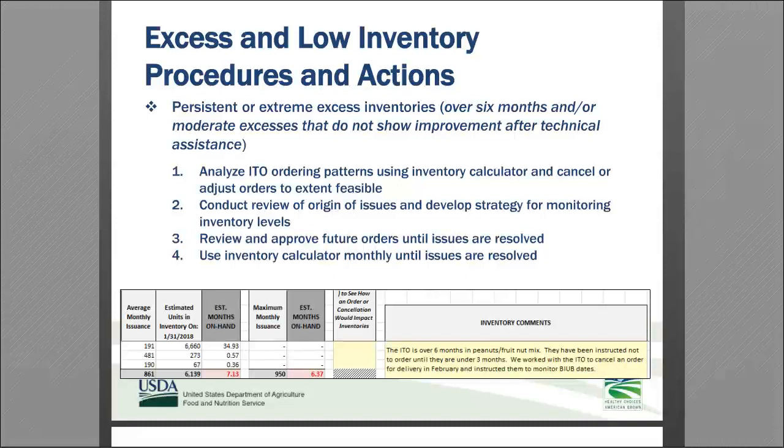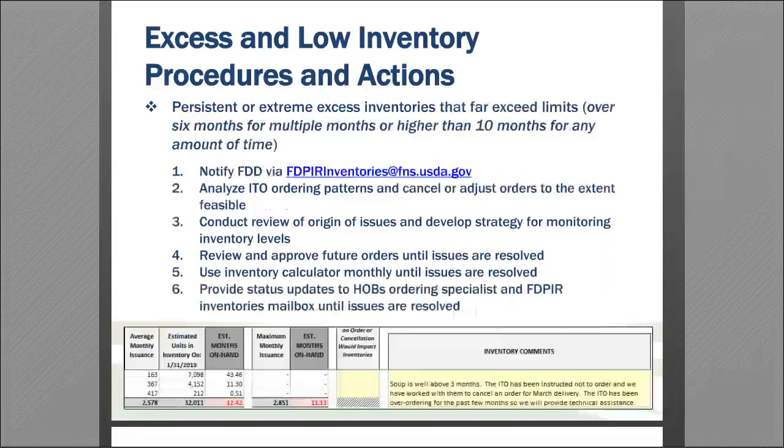In the example on this slide, we've identified a more extreme inventory issue. Peanuts and fruit nut mix are over 6 months on hand. The note describes what actions were taken: canceling an order, working with the ITO to hold off on future orders, and reminding them of potential best if used by issues. We can also see persistent